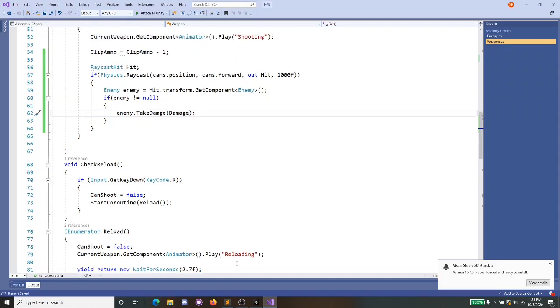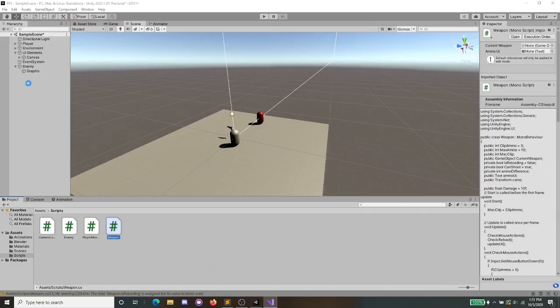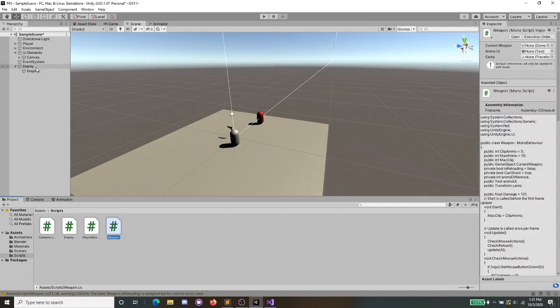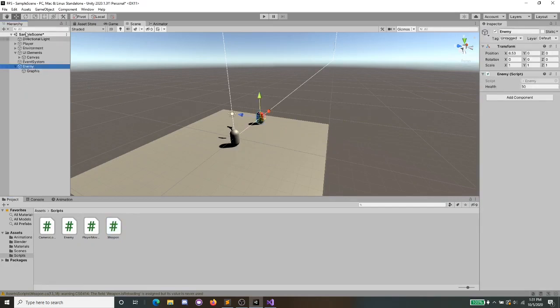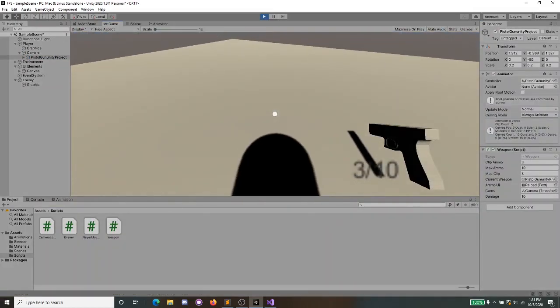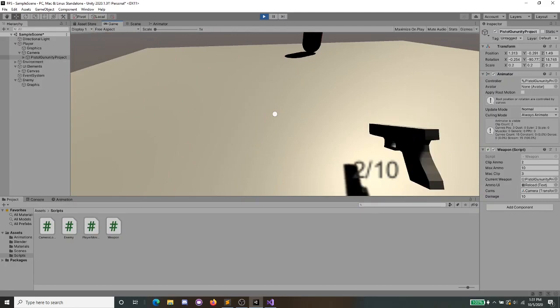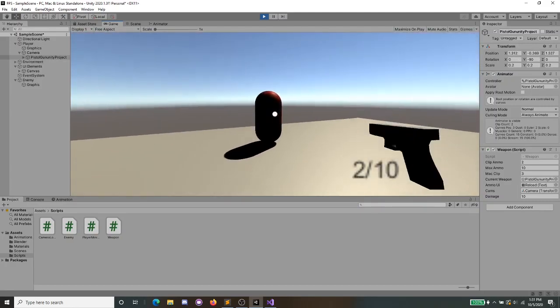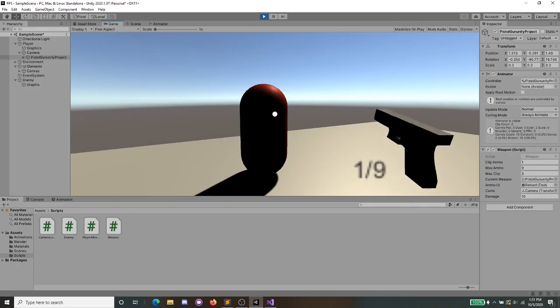So now if I save this, head into Unity, wait for it to compile, click on our enemy. It says the health is 50, and if I click on my player, if I go to the gun, it says cam is non-transform, and damage 10. So for the camera, I'm just going to drag our camera into this slot. And now if we hit play, it should be shooting Raycast right where that dot in the center of the screen is. And so if I aim at my enemy and shoot 5 times,